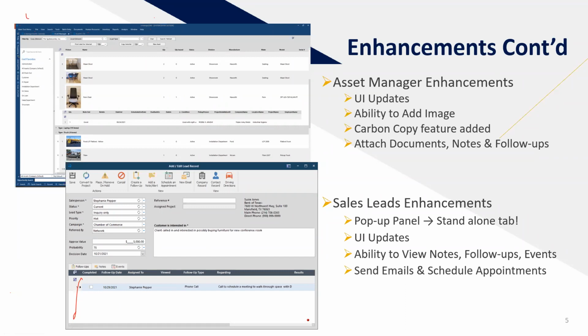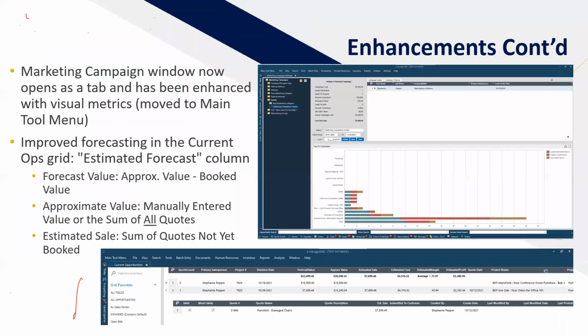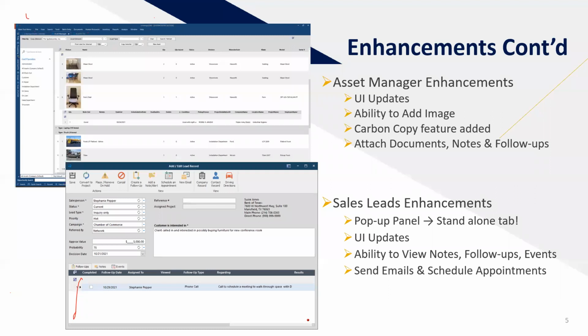Some more enhancements here. Asset manager. We highly recommend that you guys take a look at this if you haven't yet. The asset manager has been really enhanced. There's lots of UI updates taking place on that. But now you can actually add an image, which is really nice. We have a carbon copy feature, so you can actually duplicate an asset really quickly. So those laptops that you buy, the same laptop, maybe you duplicate it and just change over a couple of